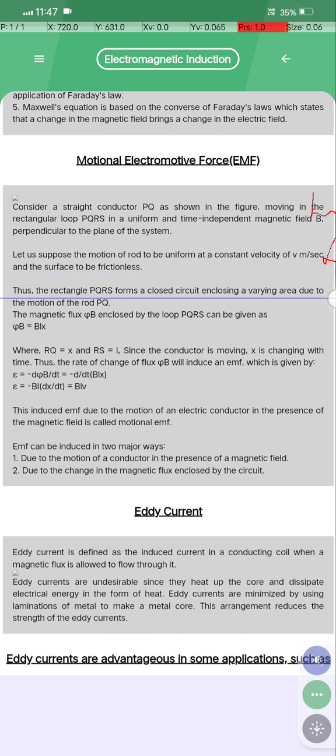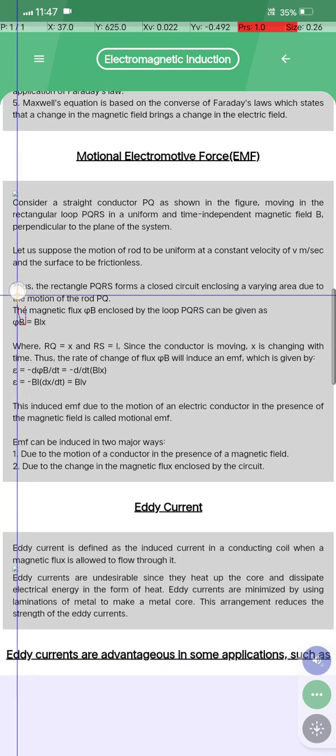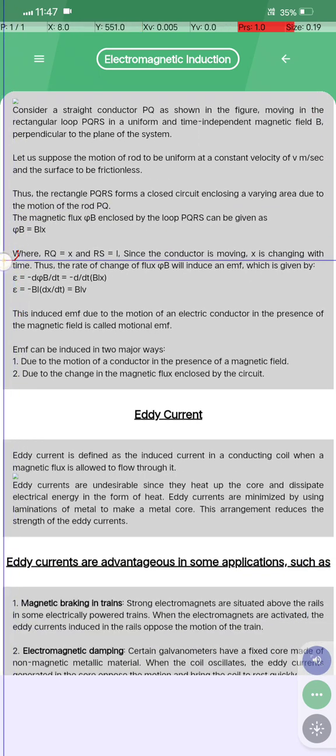Thus, the rectangular PQRS forms a closed circuit enclosing a varying area due to the motion of the rod PQ. The magnetic flux psi B enclosed by the loop PQRS can be given as psi B is equal to BLX. Okay. उसके बाद देखो यहाँ पे जो आर एक्स दिया गया, आर एक्स को एक्स मान लिया गया है, मतलब रेक्टेंगुलर है तो वही सिंपल सी बात है। And since the motion is giving x,